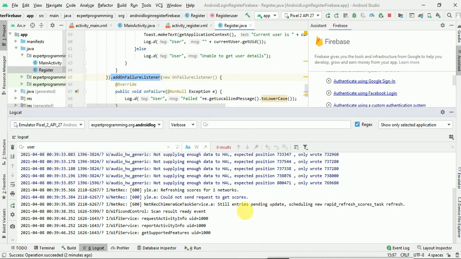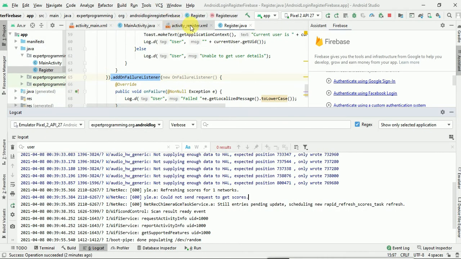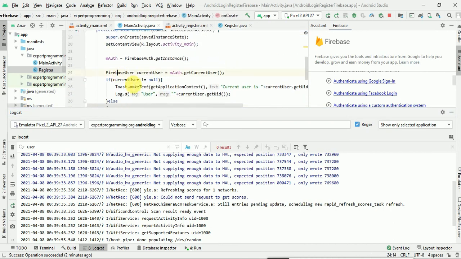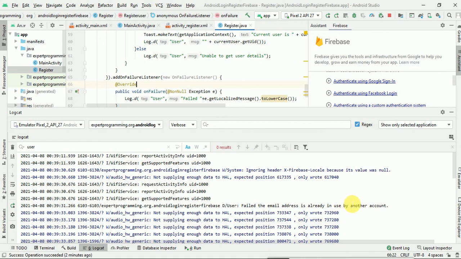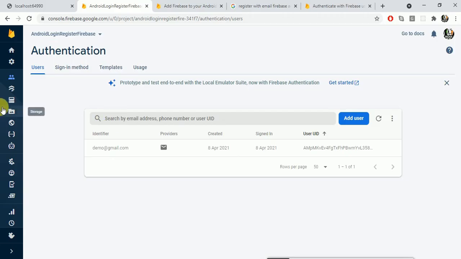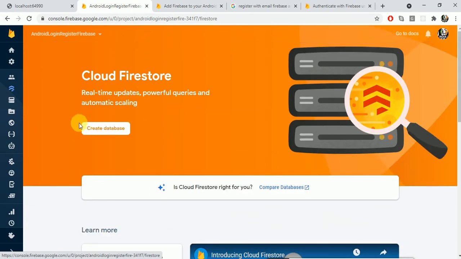So in this session we saw how to link Firebase, how to check for the current user, whether the user is already registered or present, and how we can register a new user. In the next session I will show you how you can add details for this user. This user has been created, but I want to store the email ID and other details in the Firebase real-time database. So in the next session I will show you how to connect to the real-time database, and also how we can log in using this user ID, email address and password. Currently we don't have any Firebase database. In the next session I will create it and connect to it.